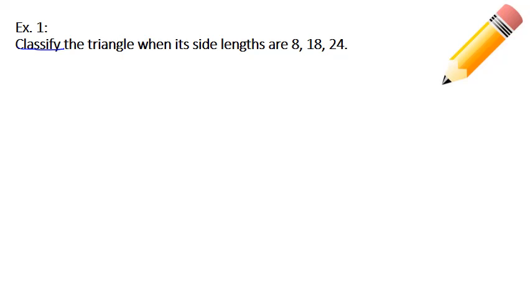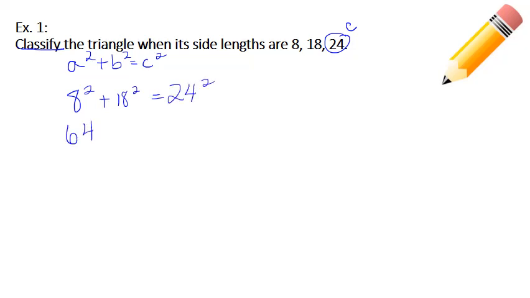So we're going to use the Pythagorean theorem, a squared plus b squared is equal to c squared, with c, our largest value, being 24. So we're going to plug in our values. So a squared plus 18 squared is equal to 24 squared. 8 squared is 64 plus 18 squared is 324, equal to 24 squared, which is